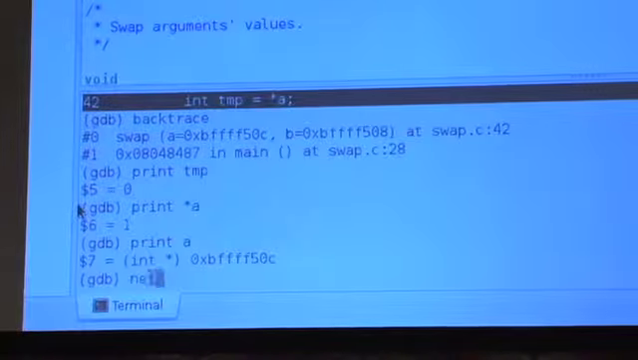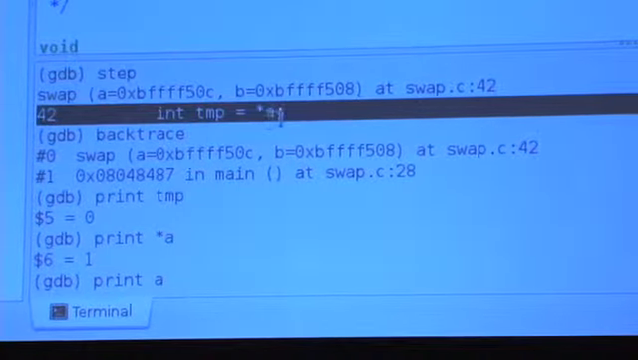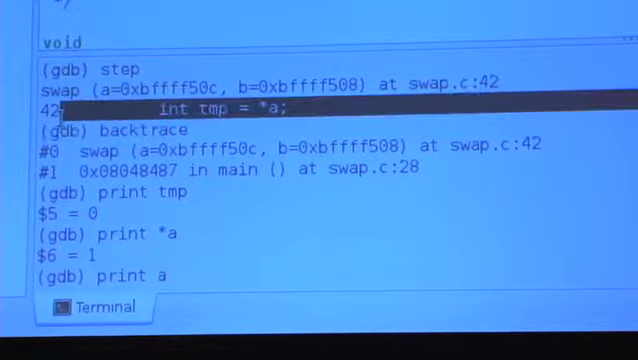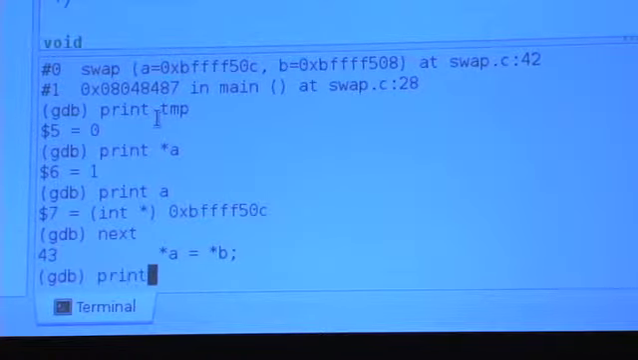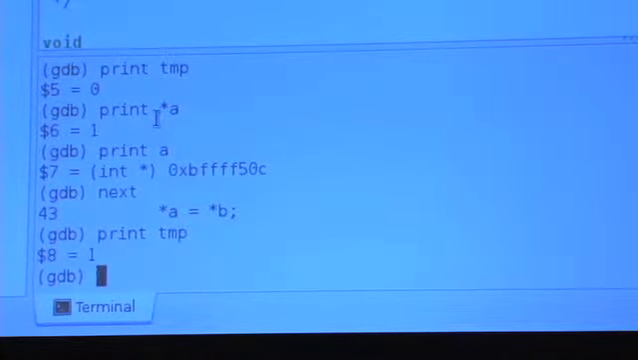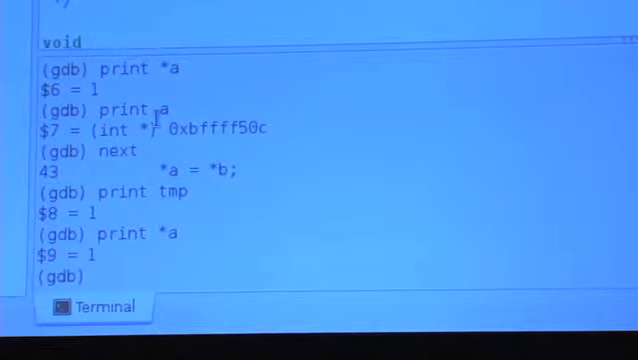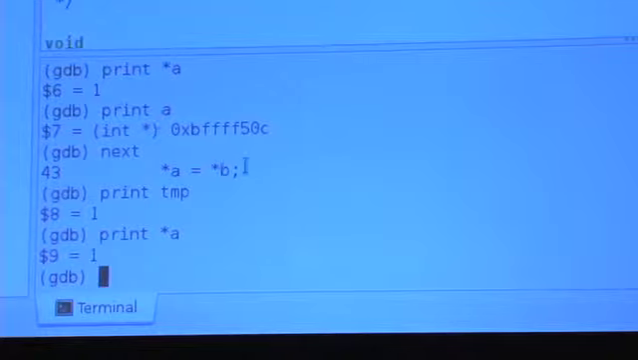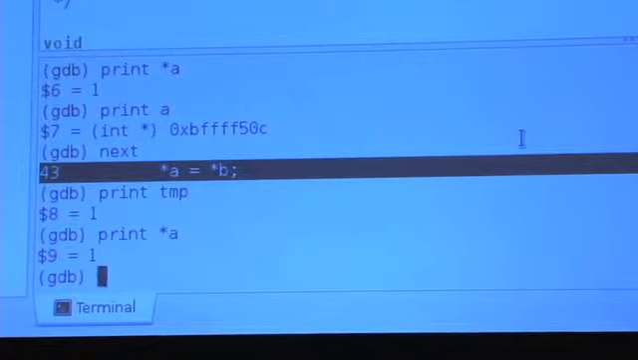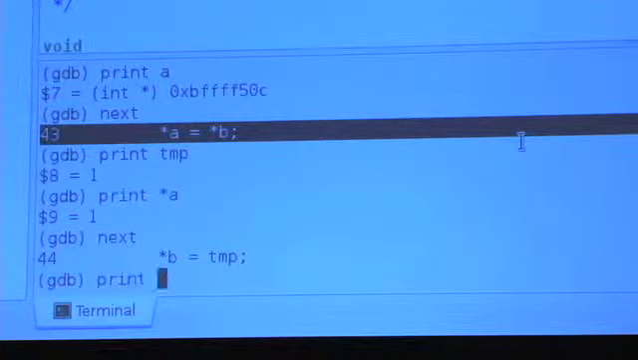So if I type next, that line of code up here is going to execute. Int temp gets star A. So when I type next and now print temp, I should see the number 1. And if I print star A, I should also see the number 1, because we've moved star A into temp. The next line of code that's about to get executed is this. So as soon as I type next and then print out star A, it should be this time